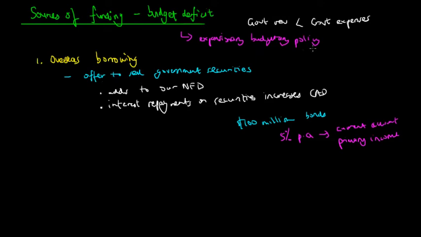So overseas borrowing can fund government expenses, but it causes the CAD to increase, and then by extension, because the CAD is the deficit accumulated in one financial year, this is going to accumulate to the net foreign debt, or the total foreign debt owed by the government to non-residents of Australia. So that's one way of funding the budget deficit, is to borrow overseas. Secondly, they could borrow